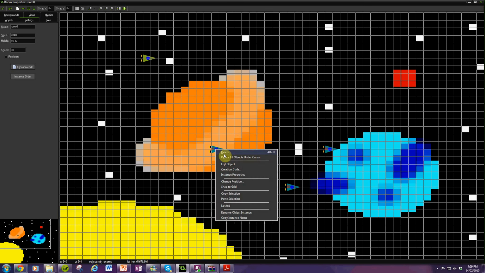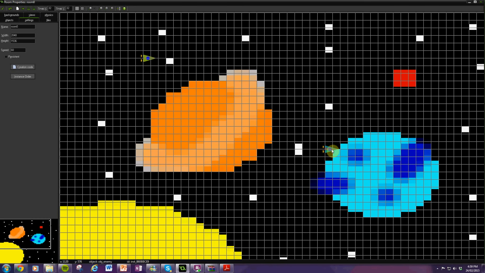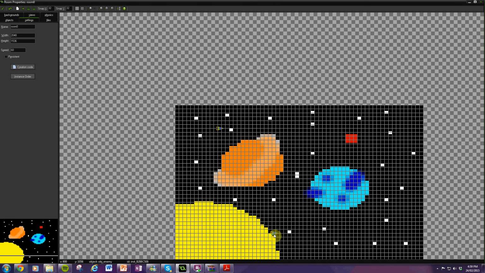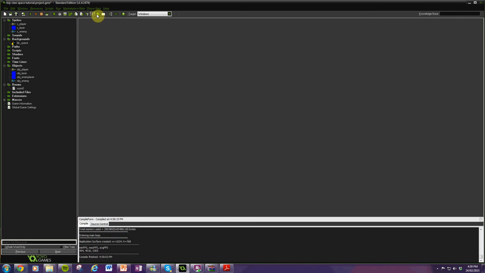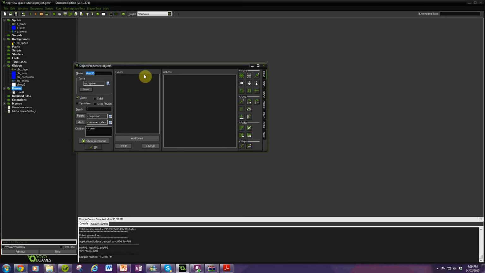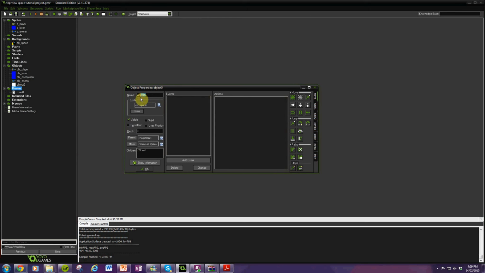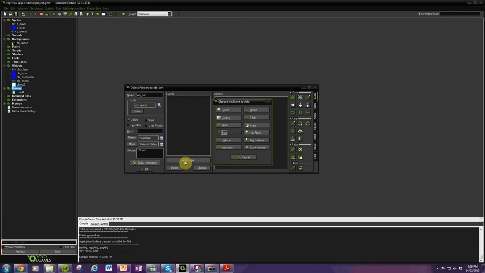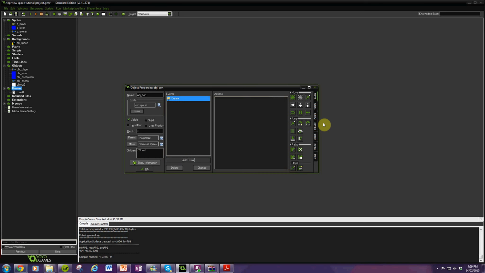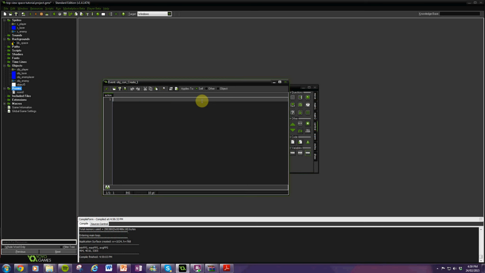Right, so now how to make enemies randomly spawn. You just want to delete all the enemies in the room. And just so that you can make them randomly spawn, you want to create a new object. I'm just going to call it controller. I'm not going to bother with the full name. And in the create event, you want to set a variable spawn equals, let's say 180,